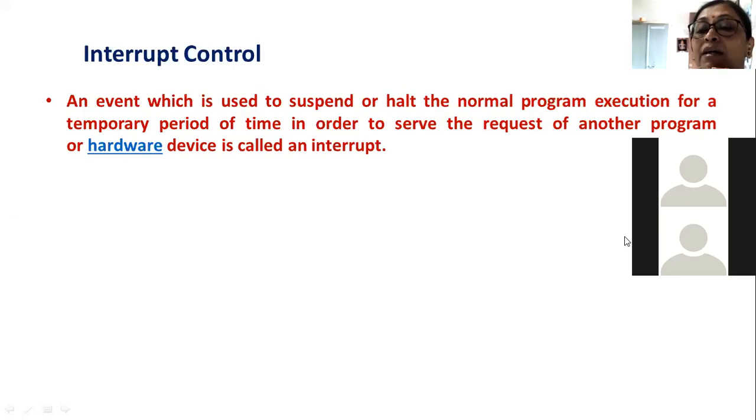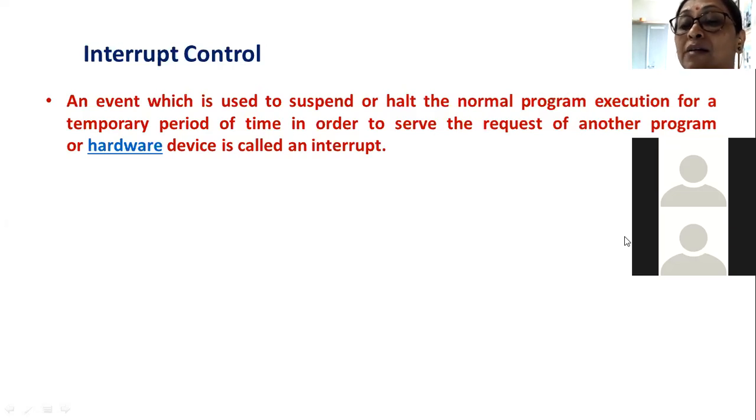The same thing happens with the central processing unit in a computer as well as in a microcontroller. Now if some interrupt signal is generated, what will the CPU do? The CPU will stop its normal program execution and save its context where it was. You can compare this with keeping a bookmark in the book. So the CPU will save the context, and after saving the context, what will the CPU do?